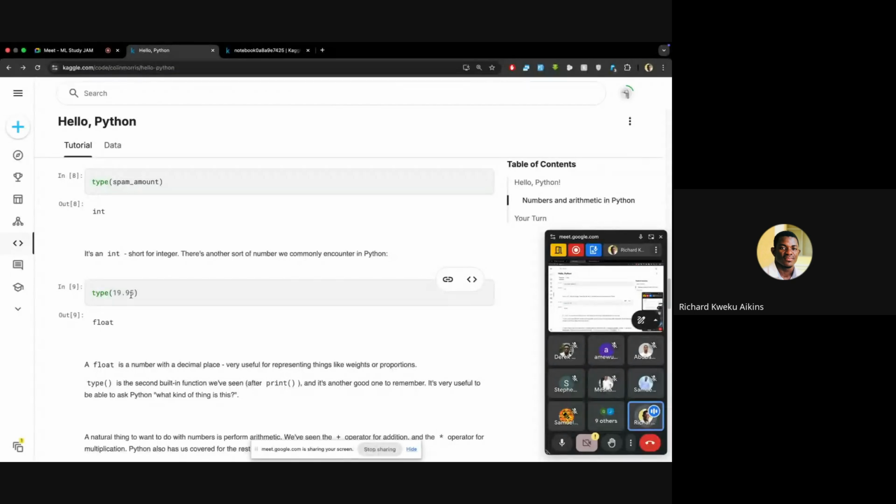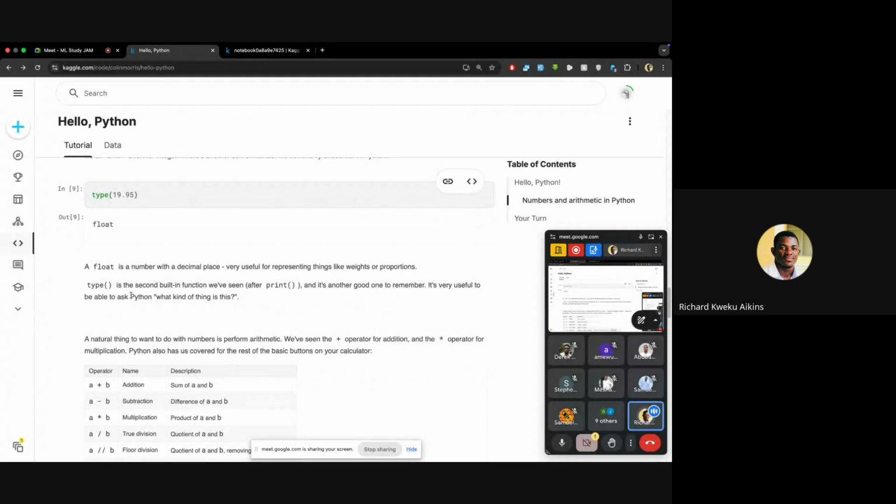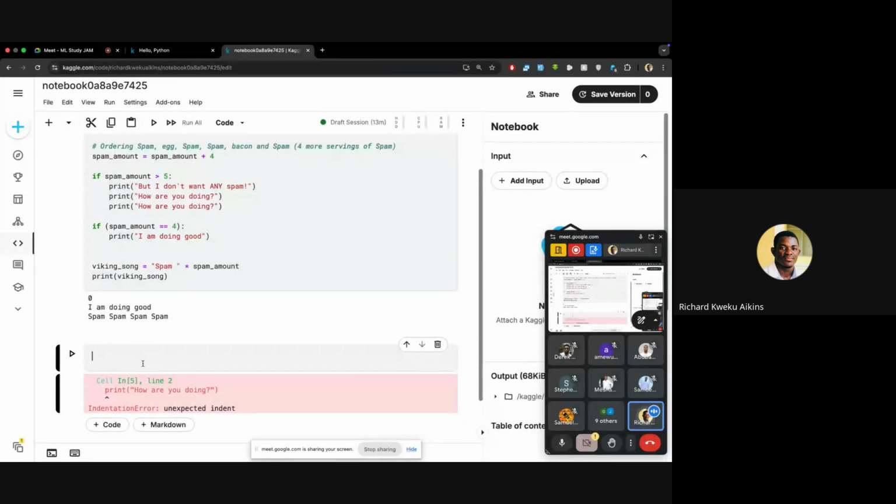Integers do not have decimal places, but they can also be positive and then negative. It's just as simple as that. If you divide any two integers, you are going to get a float. If you multiply any two integers, you are going to get an integer. If you multiply an integer by a float, you are going to get a float. So let's say